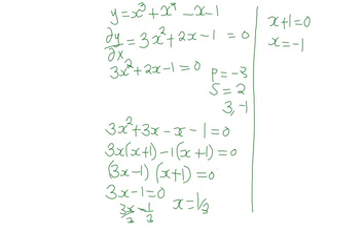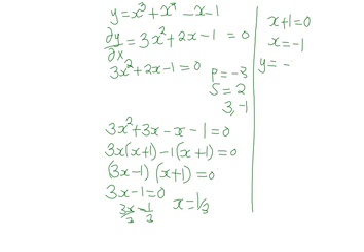Now these are the x coordinates of the stationary points. So we have to get the y coordinates for those stationary points by substituting the values of x into the original equation. So we have y, when x is negative 1, y will be equal to